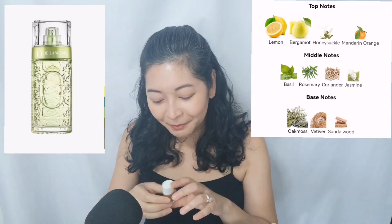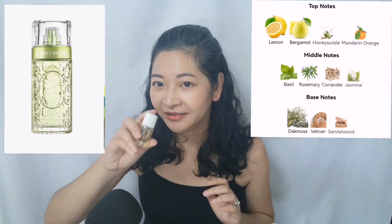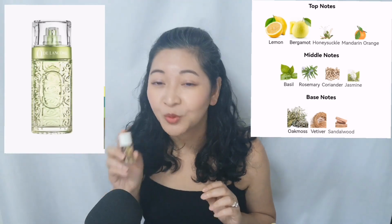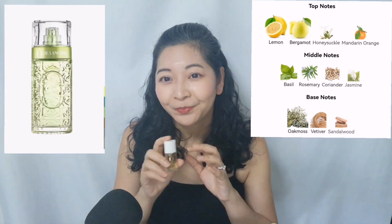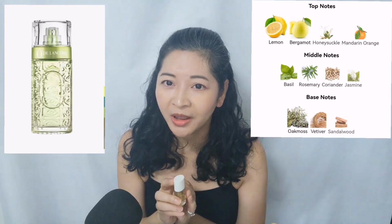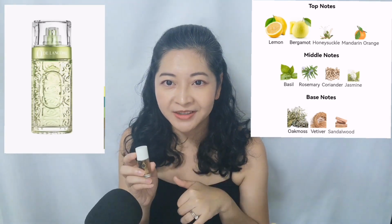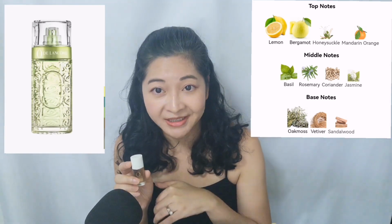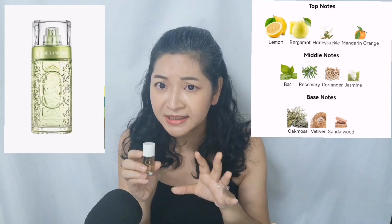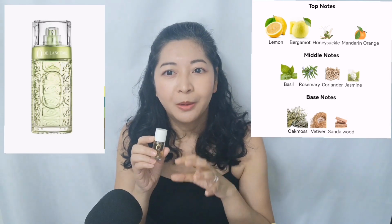So yeah, what it reminded me of, actually, the opening, the top notes and everything, was Chanel's Cristal Ouvert, which I love. So that's what I was drawn to when I sprayed it and went, oh, I like this one, this is something I would wear. And then it transitioned into Chanel Cristal. So Chanel Cristal has this exact combination of smokiness, smoky room, but